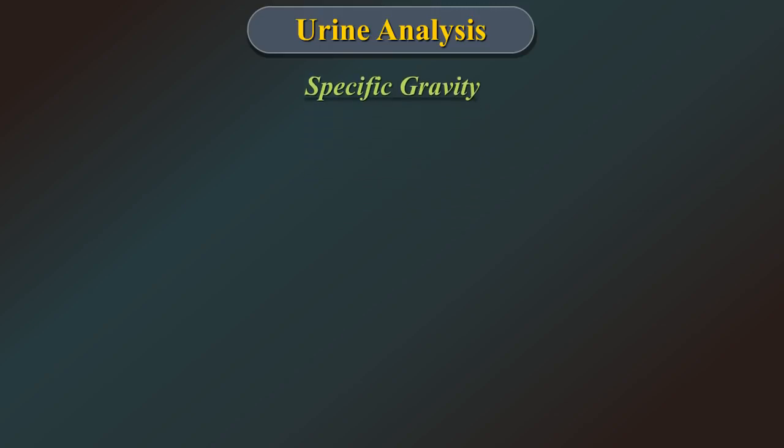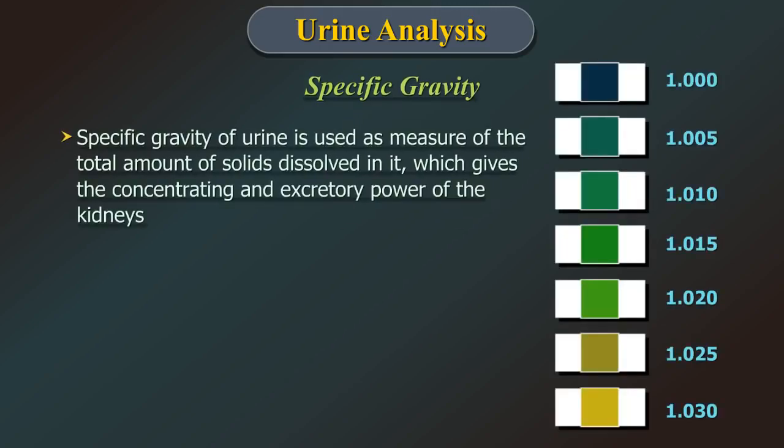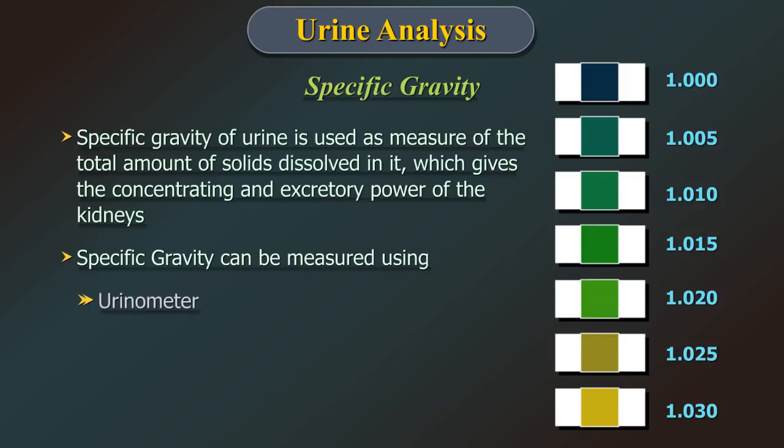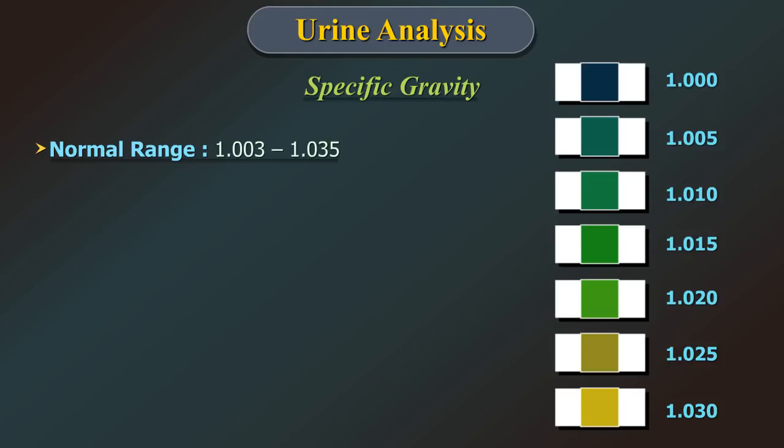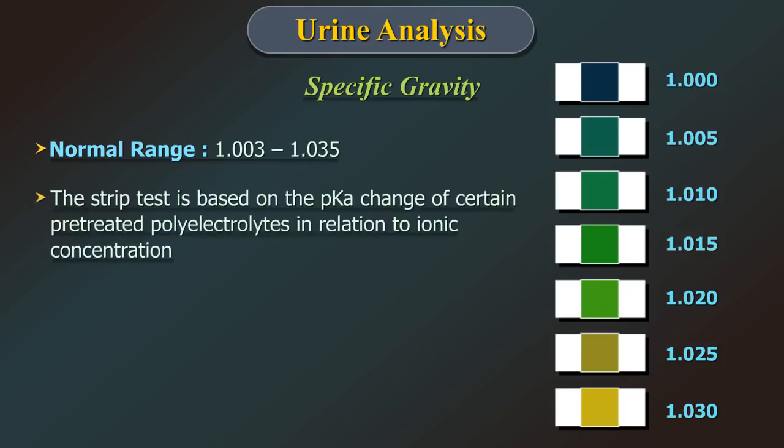Specific gravity. Specific gravity of the urine is used as a measure of the total amount of solids dissolved in it, which gives the concentrating and excretory power of the kidney. Specific gravity can be measured using urinometer, refractometer, or the reagent strips. The normal range of specific gravity is 1.003 to 1.035. The strip test is based on the pKa change